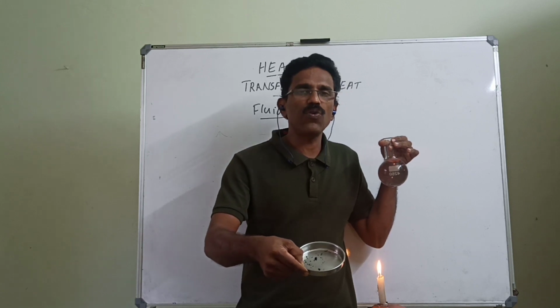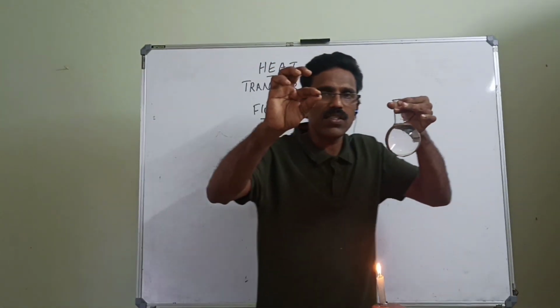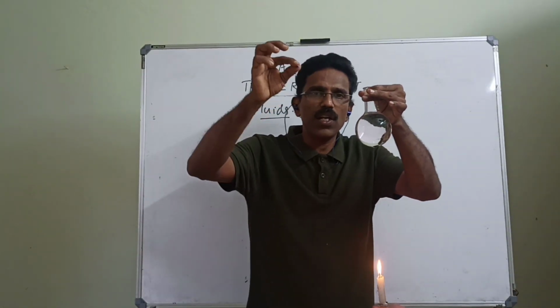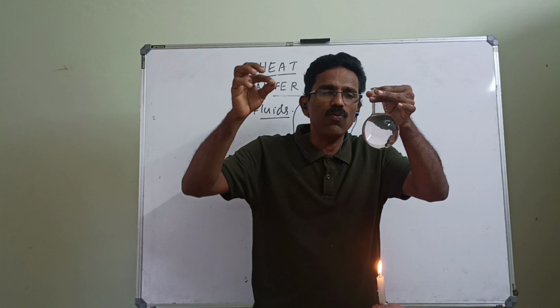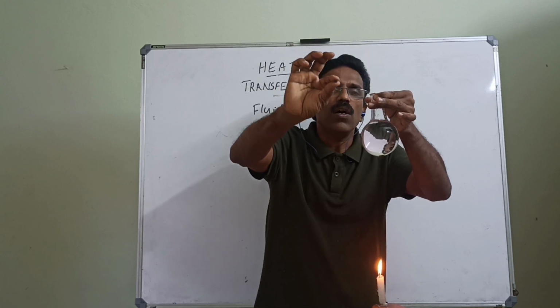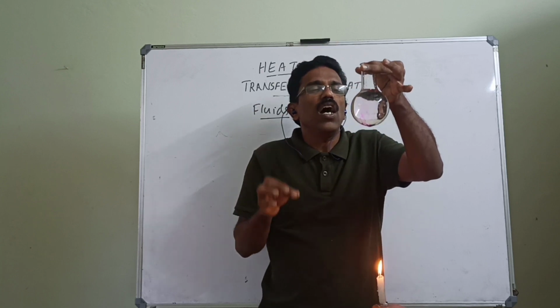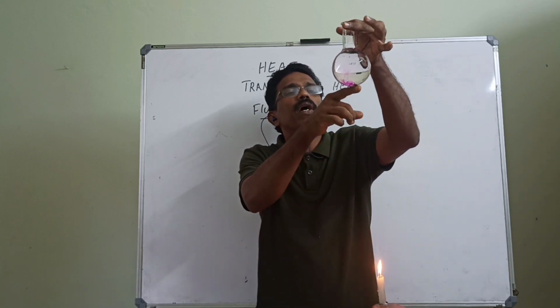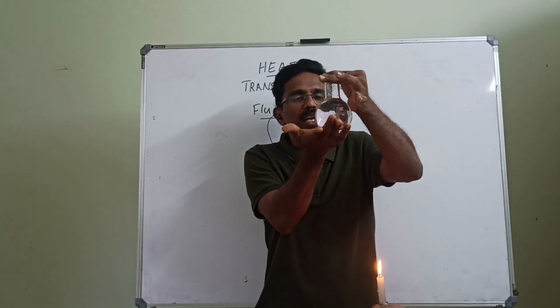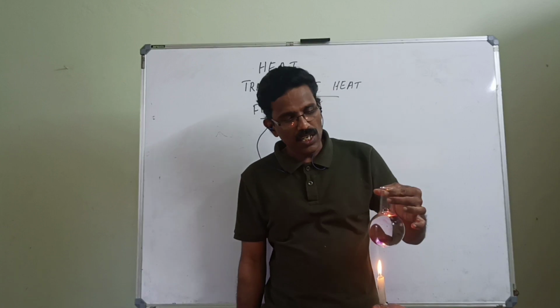Here I have taken a few crystals of potassium permanganate. Take one big crystal of potassium permanganate. You know that potassium permanganate is soluble in water. So just put one big crystal of potassium permanganate in water. See, I put this crystal in water. Then you can boil it. You can start heating this